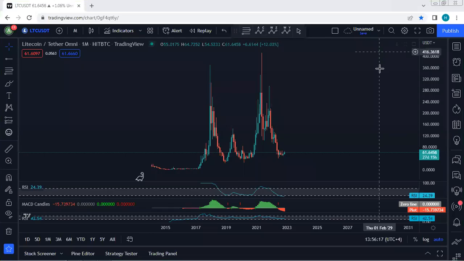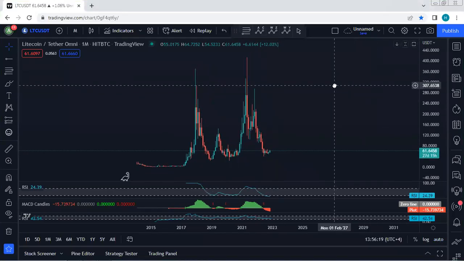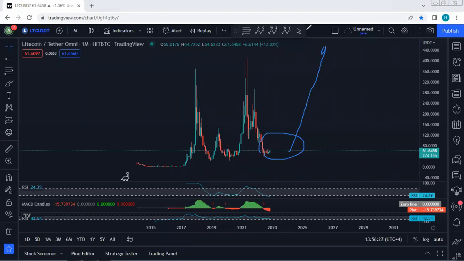LTC, we start with monthly charts. I want to give a quick update. Now the question is how this correction can form and how long the price can consolidate here before we see the continuation. All right. And first of all, most of the chart, they have a similar movement, similar correction, and